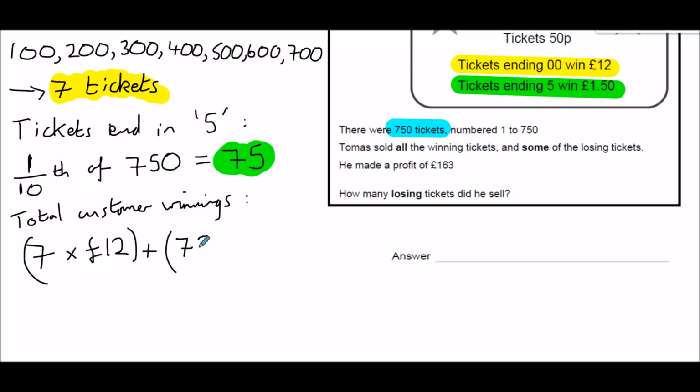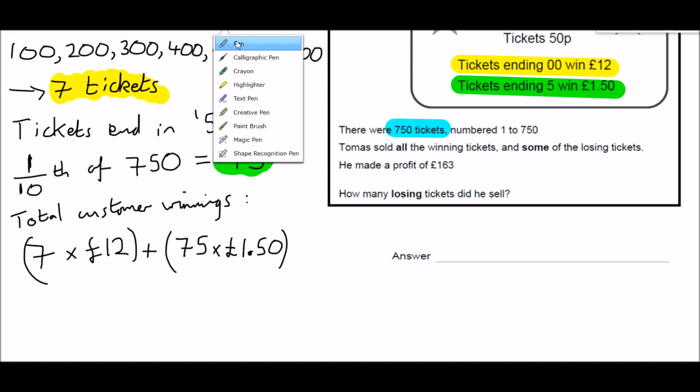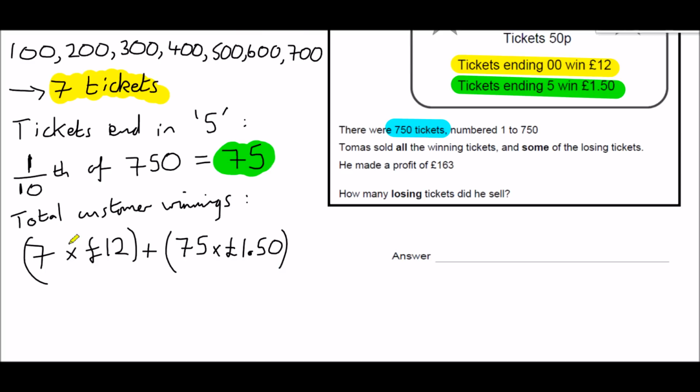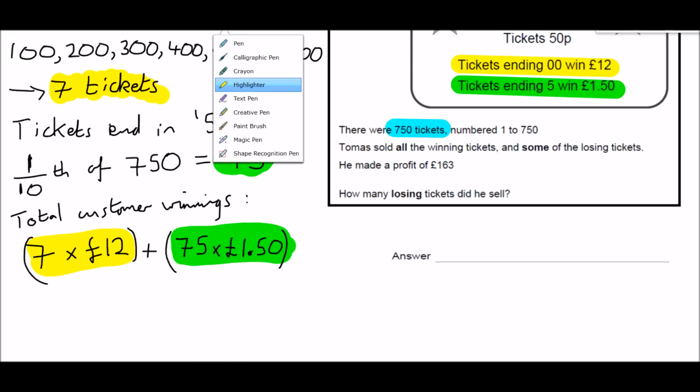So 75, and they all paid to the customer £1.50. And so how much was paid out will be a total of these two values. So using the calculator,